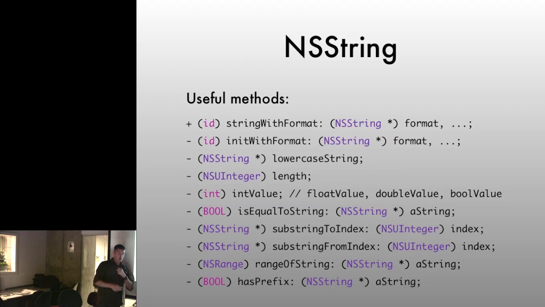Yes. Why did the first two return id instead of an NSString? That's a good question. They could. I'm not sure why they don't. All initializers return id, just always. So keeping with consistency with the rest of all of the initializers, because your initializers are written so generically, and